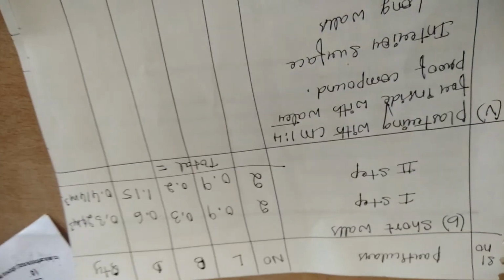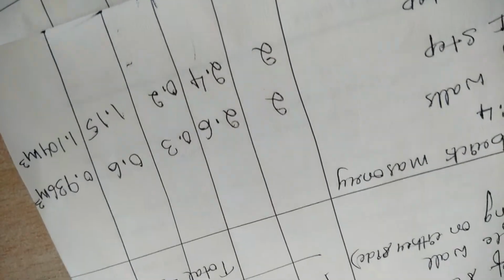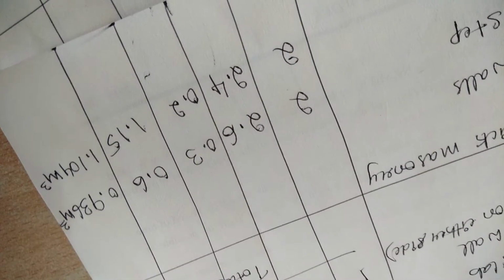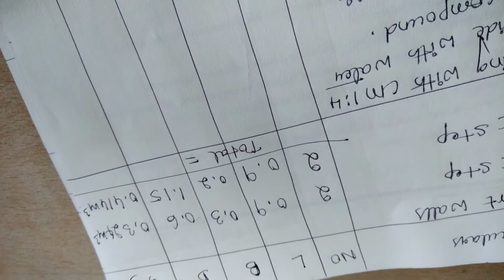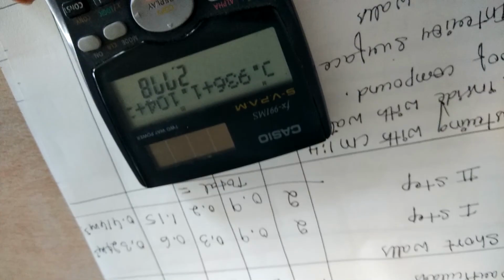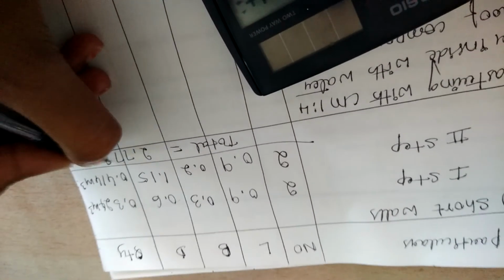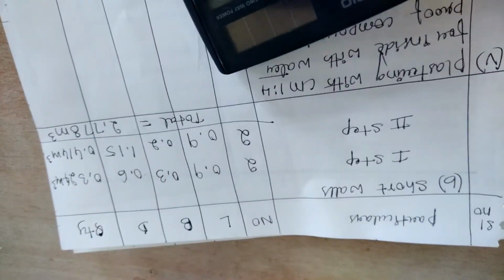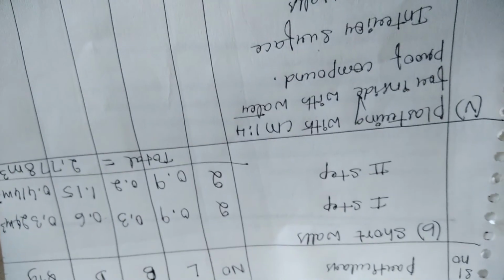Now let us find the total quantity. To find the total quantity, what do I have to do? I had to add the quantity of the long wall along with the short wall. So let us add that. Here the quantity of long walls are 0.936, then plus 1.104 plus, now the short wall is 0.324 plus 0.414. So on adding all the four values, I will get a value of 2.778. So this gives me the final quantity for the item of work, brick work. So that completes the fourth item.